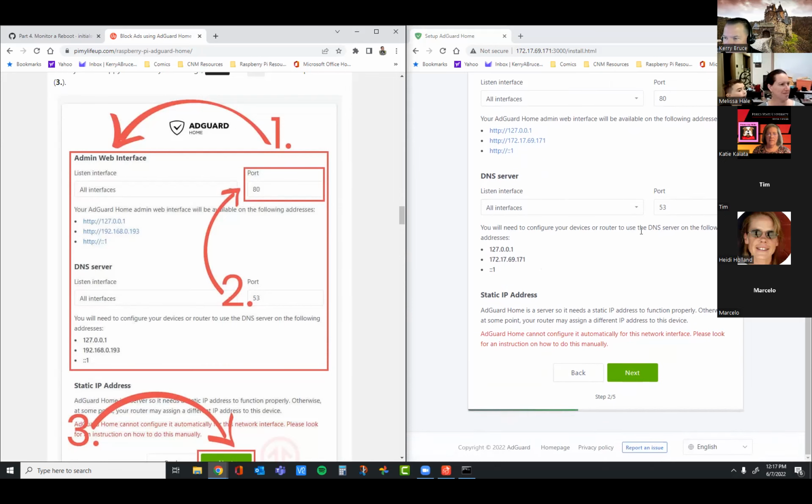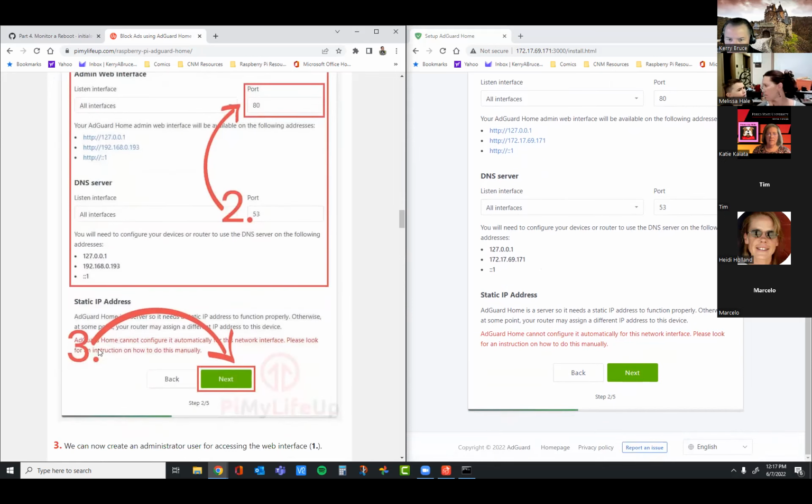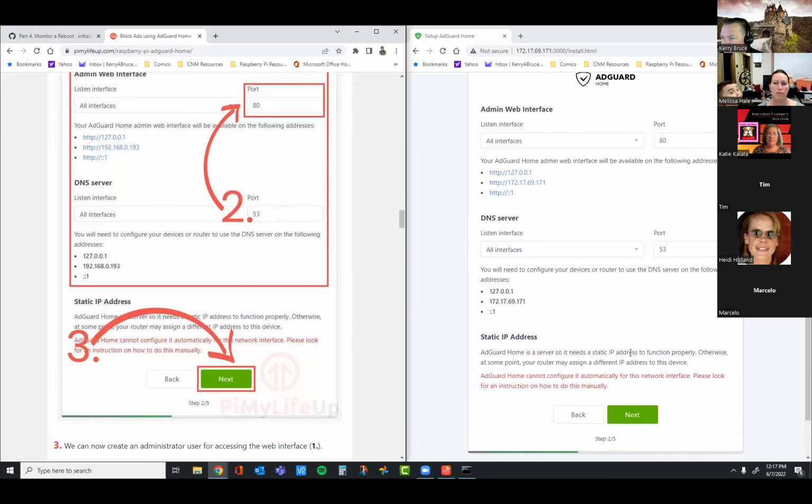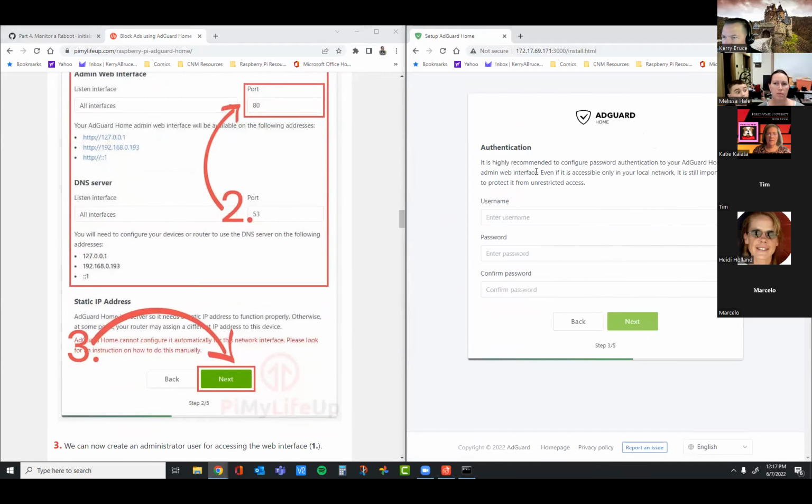I think DNS 53 is the normal number, so we're fine there. And then, AdGuard server needs a static IP address. All right, so we're going to leave the port numbers, 80 and 53, and click next.